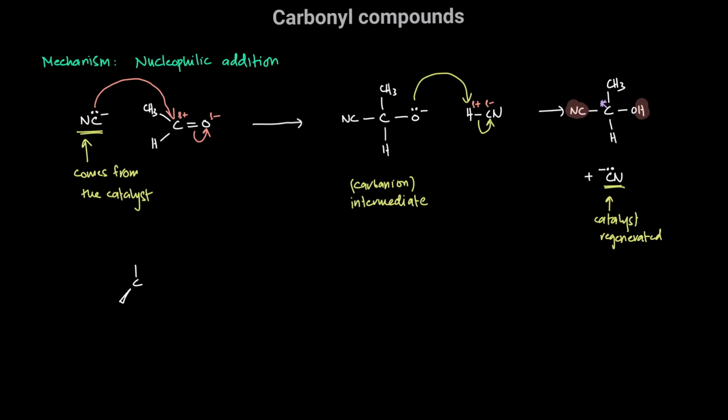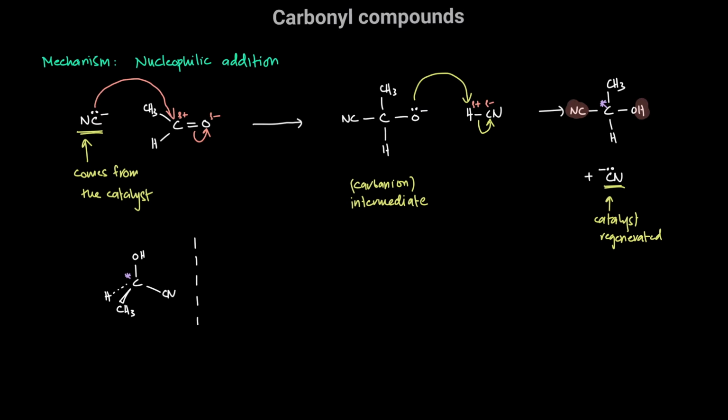To show optical isomerism, we have to show the carbon atom with this tetrahedral geometry, right? Specifically the chiral carbon here, that's the carbon that we're looking at. This carbon is bonded to an OH, a CN, a CH3, and an H. So that's one of your products, and then its mirror image